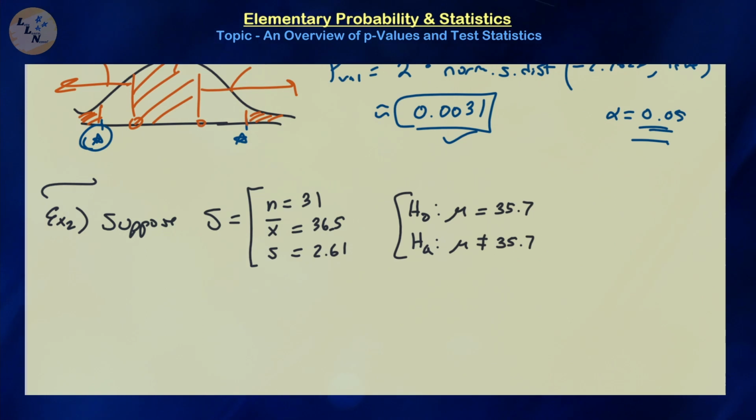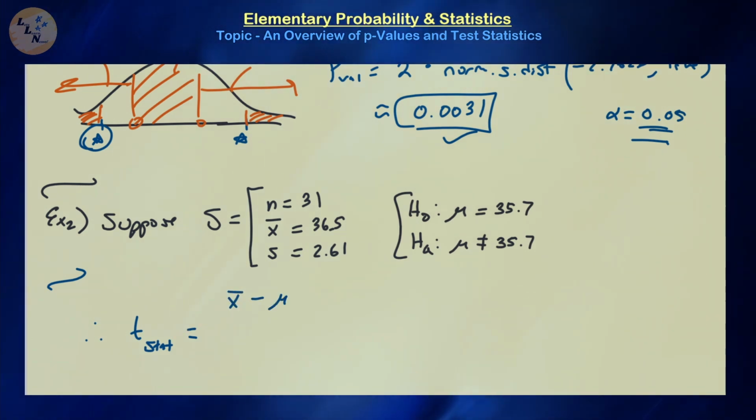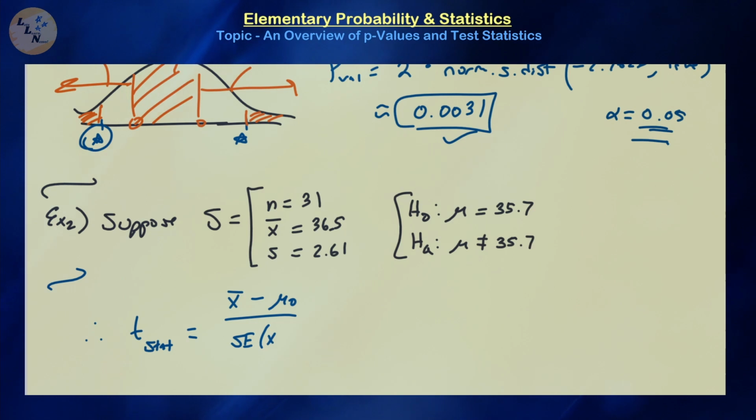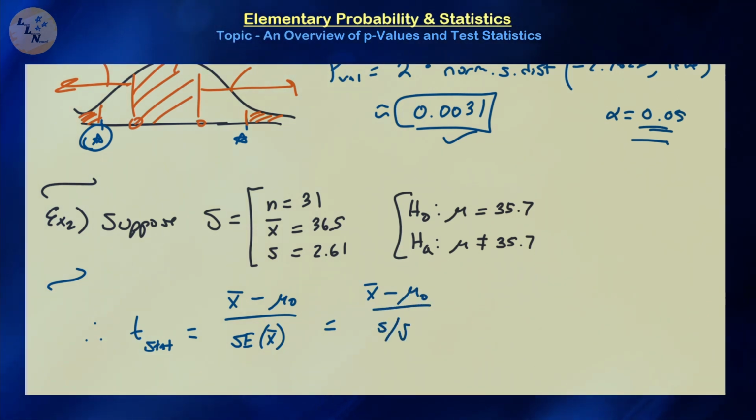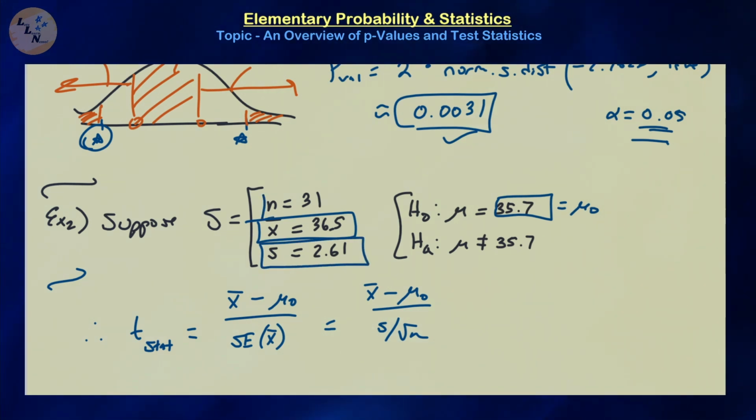So notice that I have not given the population standard deviation. That means we're going to be using a t-test statistic and a t-critical value and a t-p-value in this circumstance. So our t-test statistic is going to be equal to, again, x bar minus mu 0 divided by the standard error associated to the point estimate for the population mean mu, which in this circumstance is x bar minus mu 0 divided by s divided by the square root of n. So once we substitute the value of x bar, the claim value of mu, which is given to be 35.7, the sample standard deviation, and the sample size of 31, you can find that this is approximately equal to